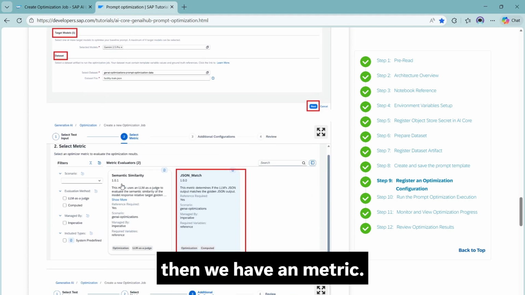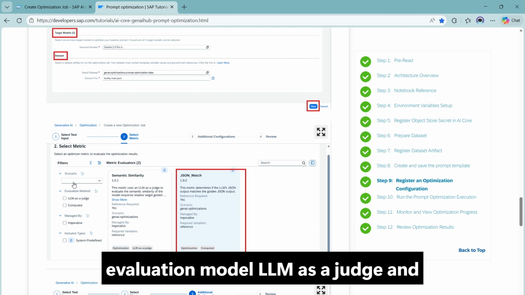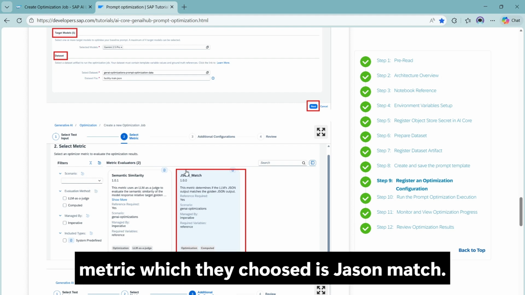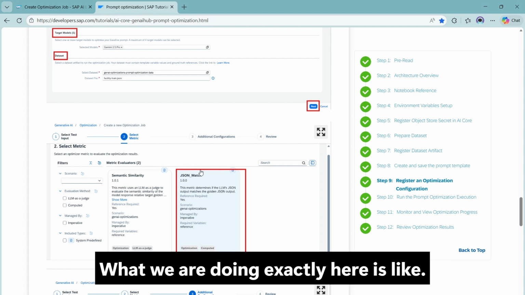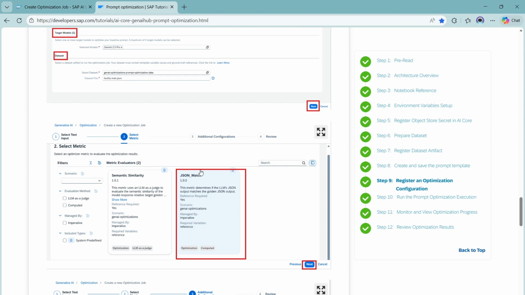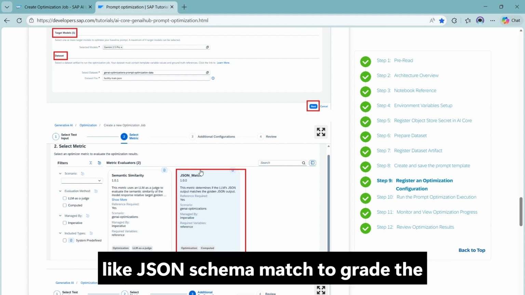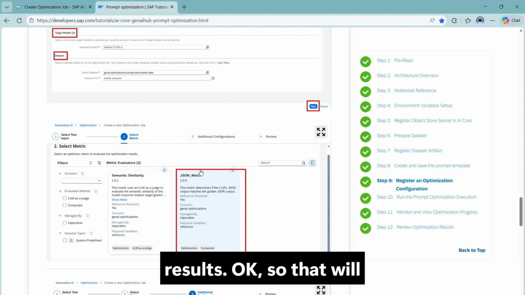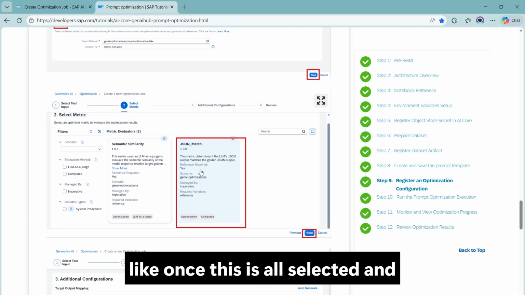And then we have a select metric option. So you can see evaluation model LLM as a judge, and the metric which they choose is JSON match. Okay. So what we are doing exactly here is choosing the model to optimize for, GPT-4o, and selecting an LLM as a judge metric like JSON schema match to grade the results. Okay. So once this is all selected,